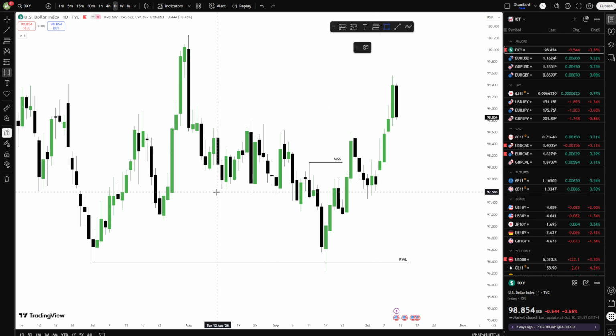If we mark out this initial consolidation right here, this is price action where we have just been chopping around. We're not doing much. We're accumulating orders within the market, and then we have come down. We've hit this bearish fair value gap to use to trade to this area, swept this previous month's low actually